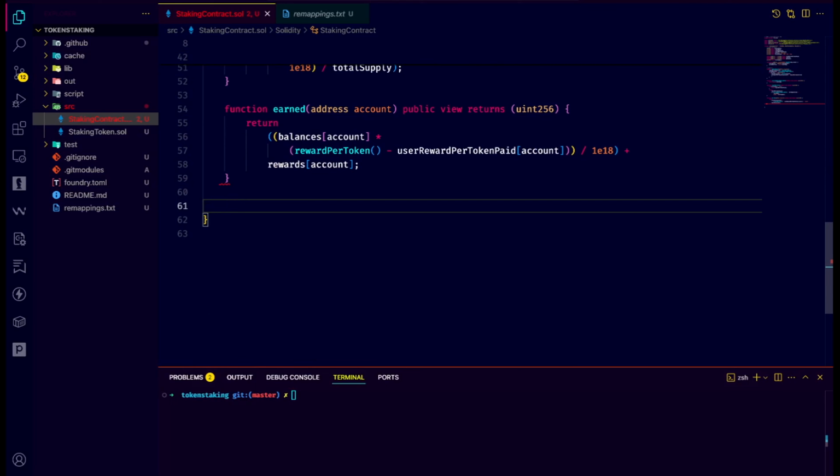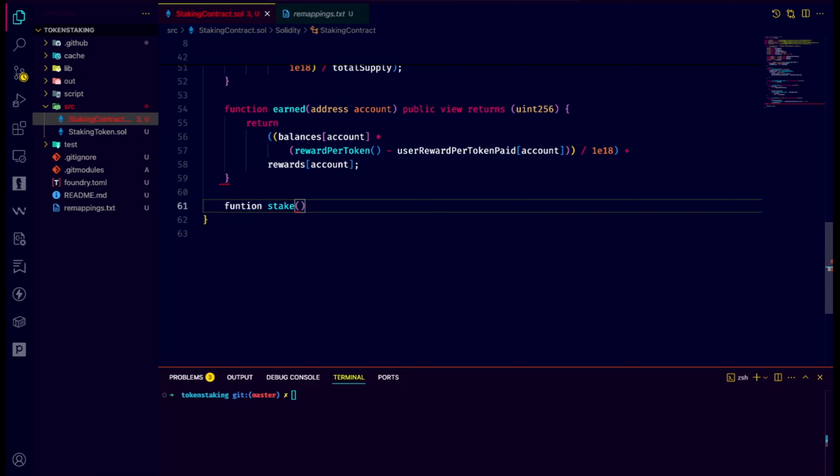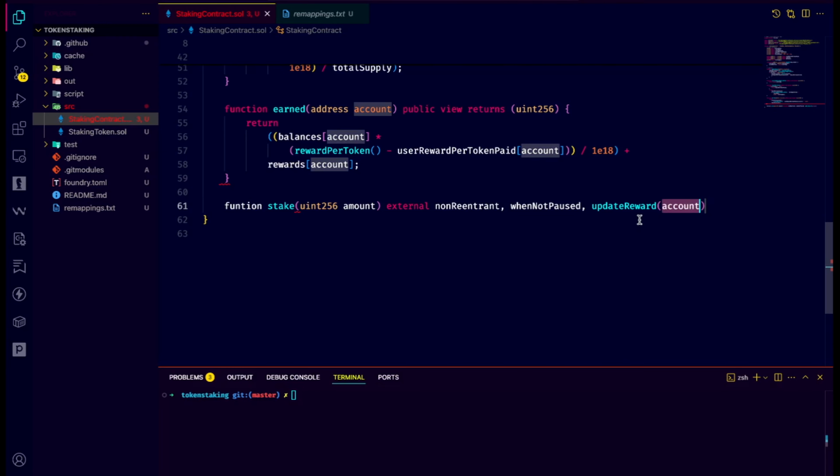So let's make another function, which is the stake function. Let's make it function stake, and the stake function will take an amount as an argument or parameter, and let's make it external now. And we have to make this function secure, because this is one of the most important functions of our smart contract. So let's make it nonReentrant. Also we have to make it whenNotPaused, which is coming from OpenZeppelin libraries, and also add updateReward,